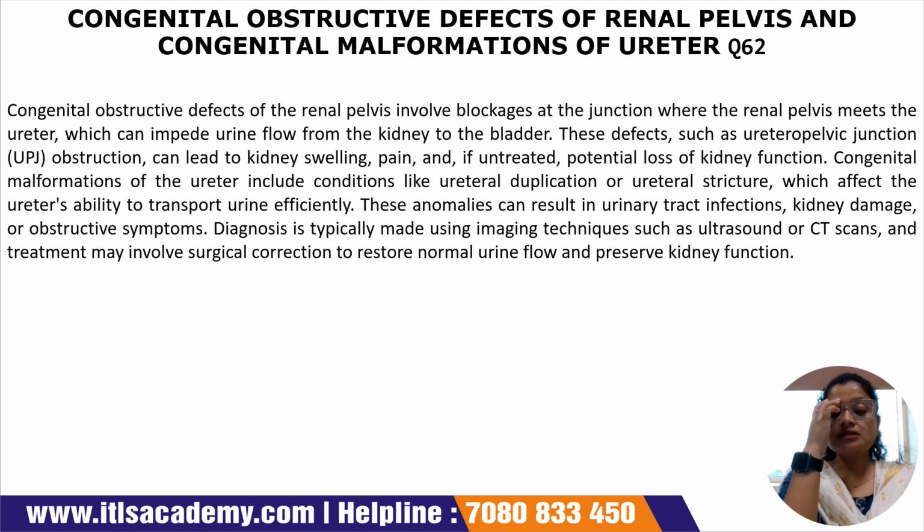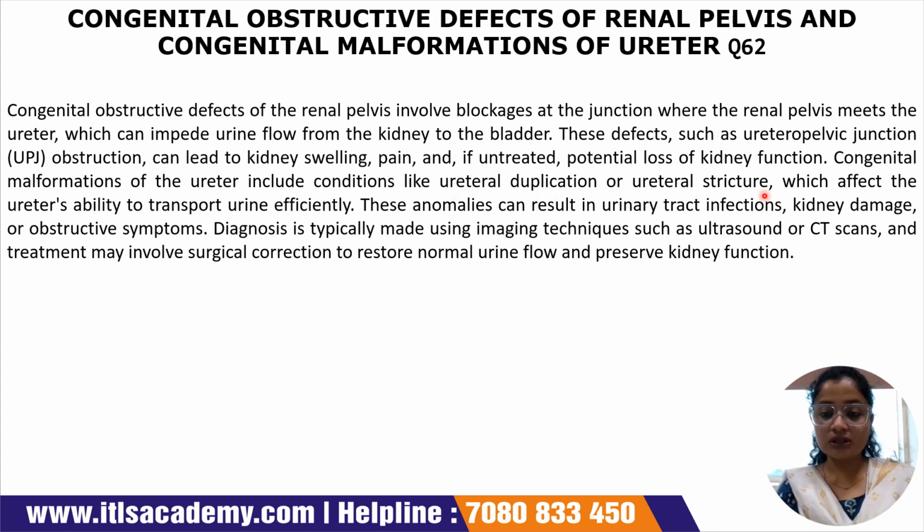Okay, moving on to the next important subcode that we need to talk about, that is Q62, which corresponds to congenital obstructive defects of renal pelvis and congenital malformations of ureter. It involves blockages at the junction where the renal pelvis meets the ureter, which can impede urine flow from the kidney to the bladder. These defects, such as ureteropelvic junction, that is UPJ obstruction,